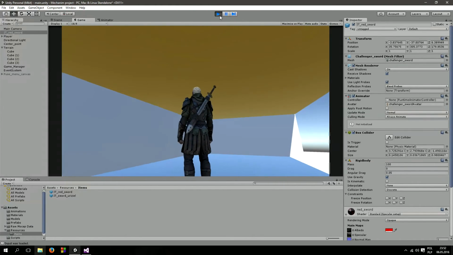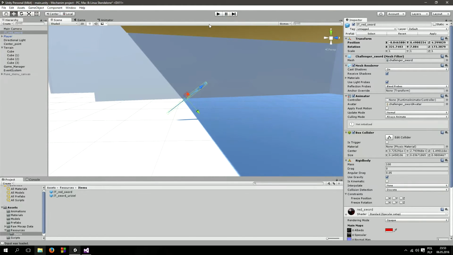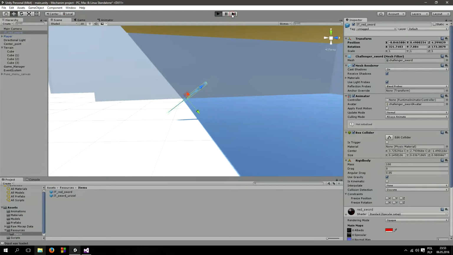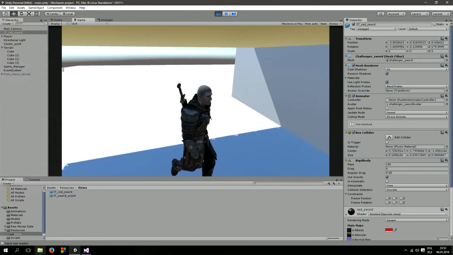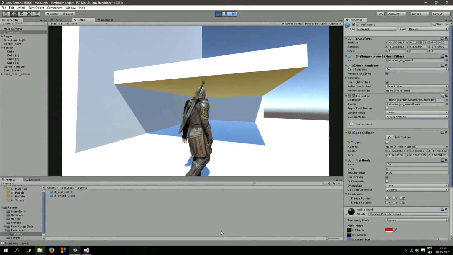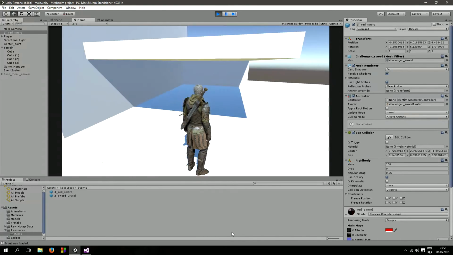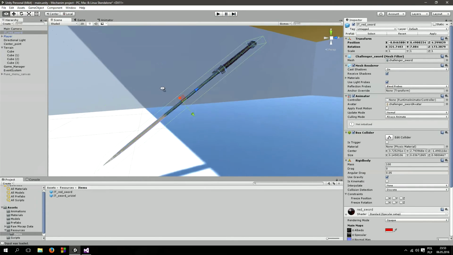My God, why is this happening? Okay, so now it's okay. So just do not stay on it for a long time because it may go through the ground. Anyway,